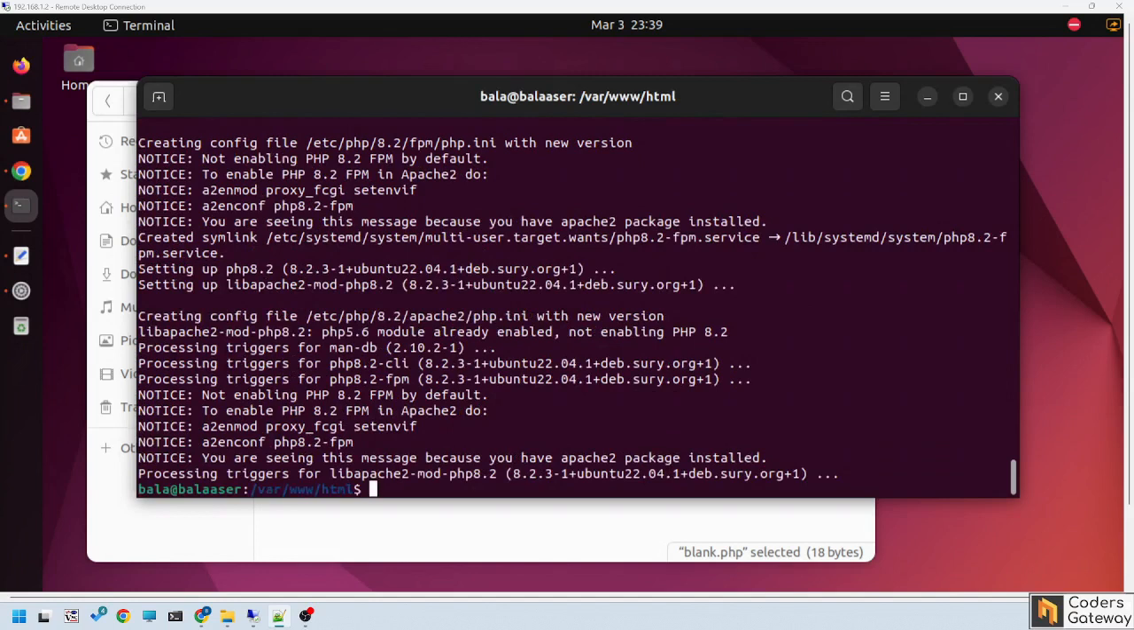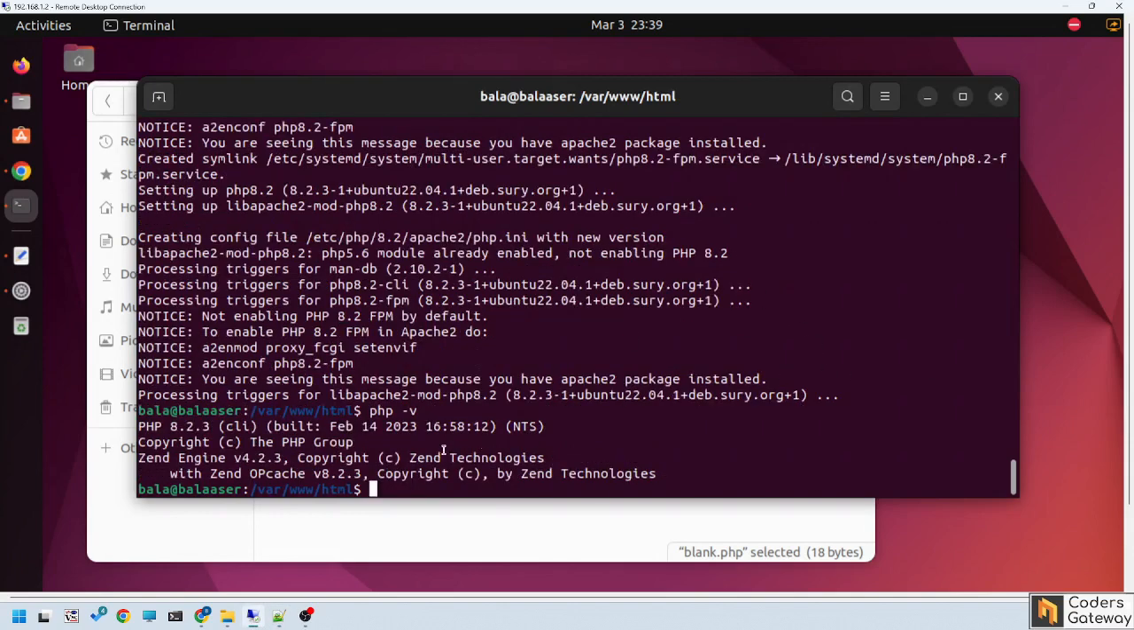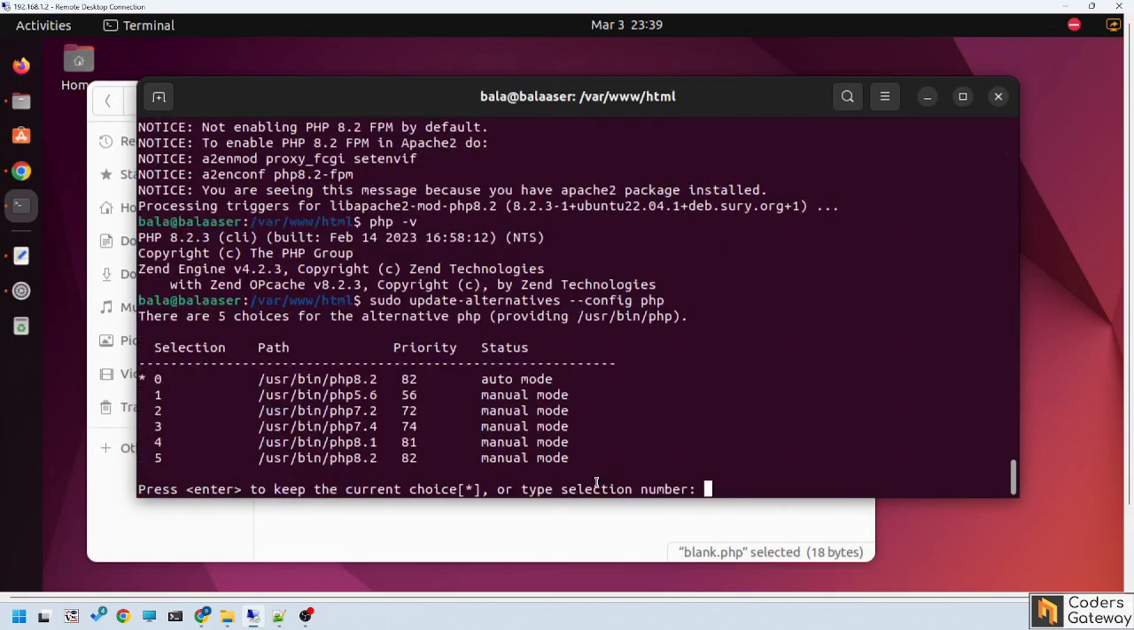Okay, so that is done, and here I'm going to show you how to switch. We can see the PHP version here with -b. We can see the last one installed is 8.2. So it is showing that, and then to change that default version, you can run this particular